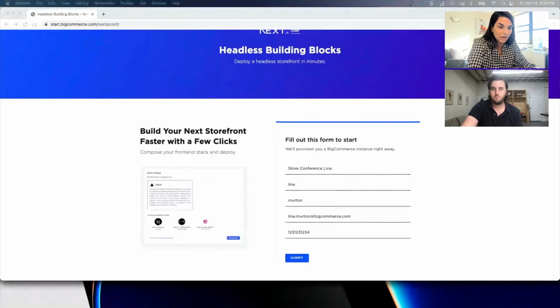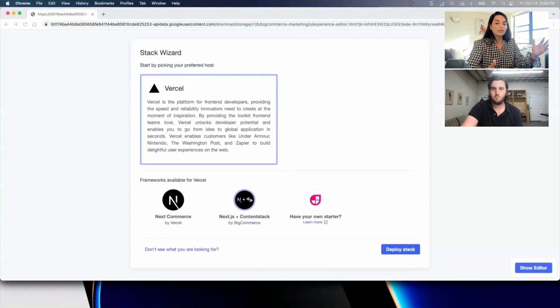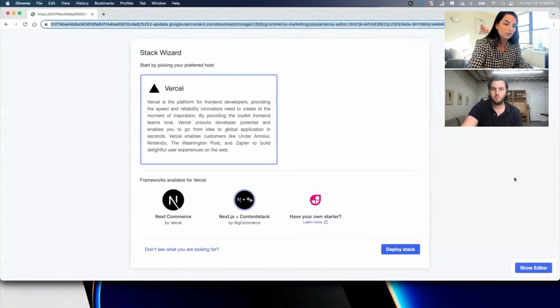of the Stack Wizard, which is actually selecting those various applications. So again, this will continue to grow and evolve as we work with the community and our engineering team is able to provide additional things. The Next.js and Contentstack, that's something that George has built. The Next.commerce one, that was that one-click deployment that was released and again has a lot of just satisfaction within